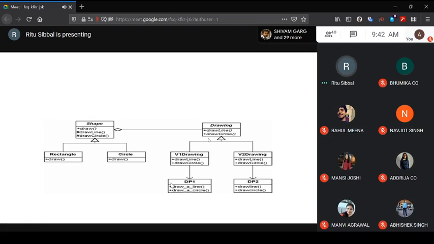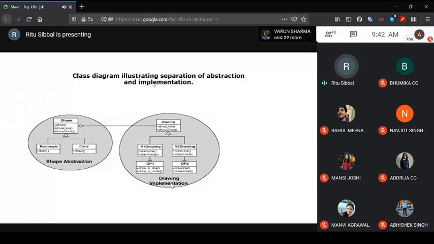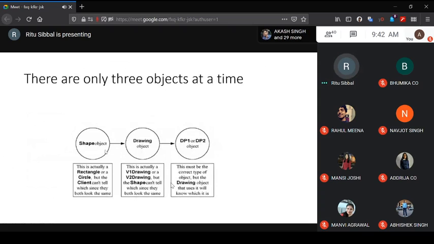So we are handling variations of abstraction separately, handling variations of implementation separately, and of the two, one class uses the other class. So this is a class diagram illustrating the separation of abstraction and implementation. तो यहाँ भी inheritance होगी, यहाँ भी variations are handled by inheritance, but we are avoiding class explosion here. The classes will vary, but linearly in both cases. So this is what happens.